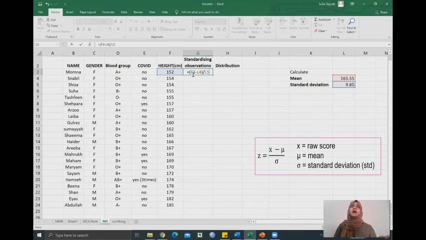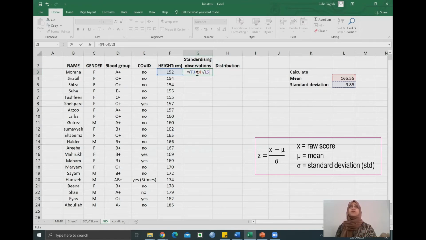And instead of me having to type all of this over again for each of the cells, it's just going to copy the formula and give us the answer according to each value. To be able to do that, I know that my values of mean and standard deviation would remain the same, so I want to lock those values in, while my value for height would keep changing in each cell. So I want to lock my values that remain the same.